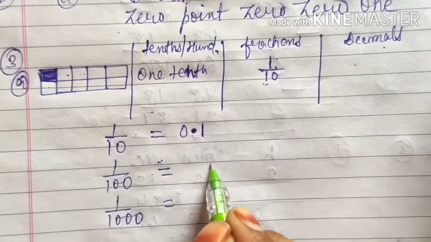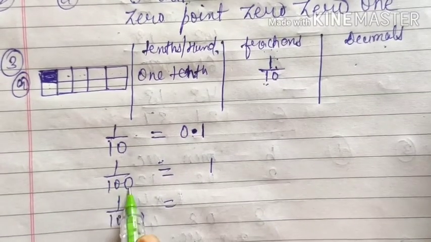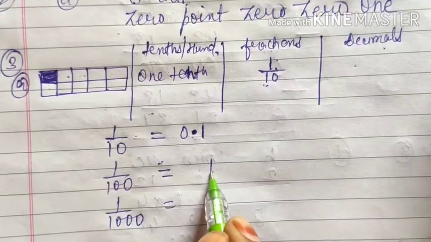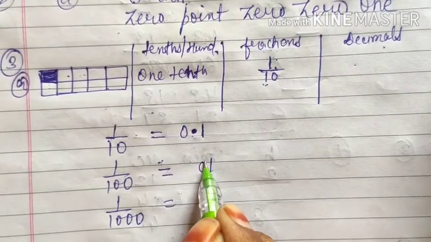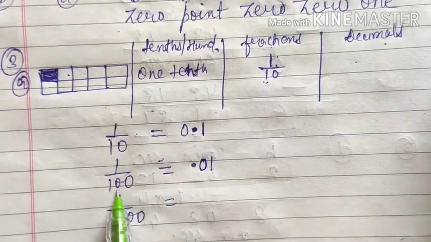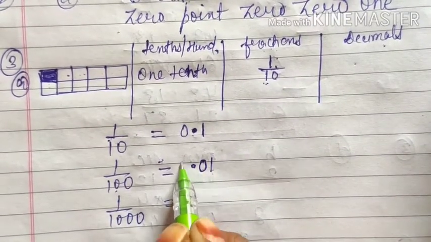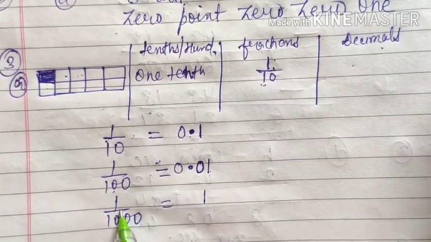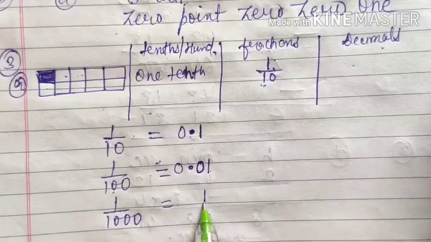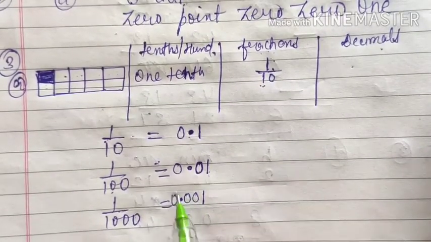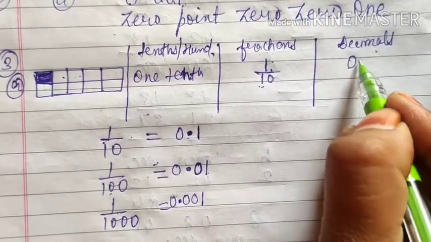Similarly here also we will write the numerator first of all, then here we have 2 zeros, so we will put the decimal before 2 digits from the right hand side, but here we have only 1. So if we don't have a second digit, then we will put 0, and this is point, because here we have 2 zeros, so 1, 2 and point, and again here 0. Similarly here we have 3. First of all we will write the numerator, then before 3 digits, so this is 1, this is 2, this is 3, point 0. Likewise we will complete this decimal section.